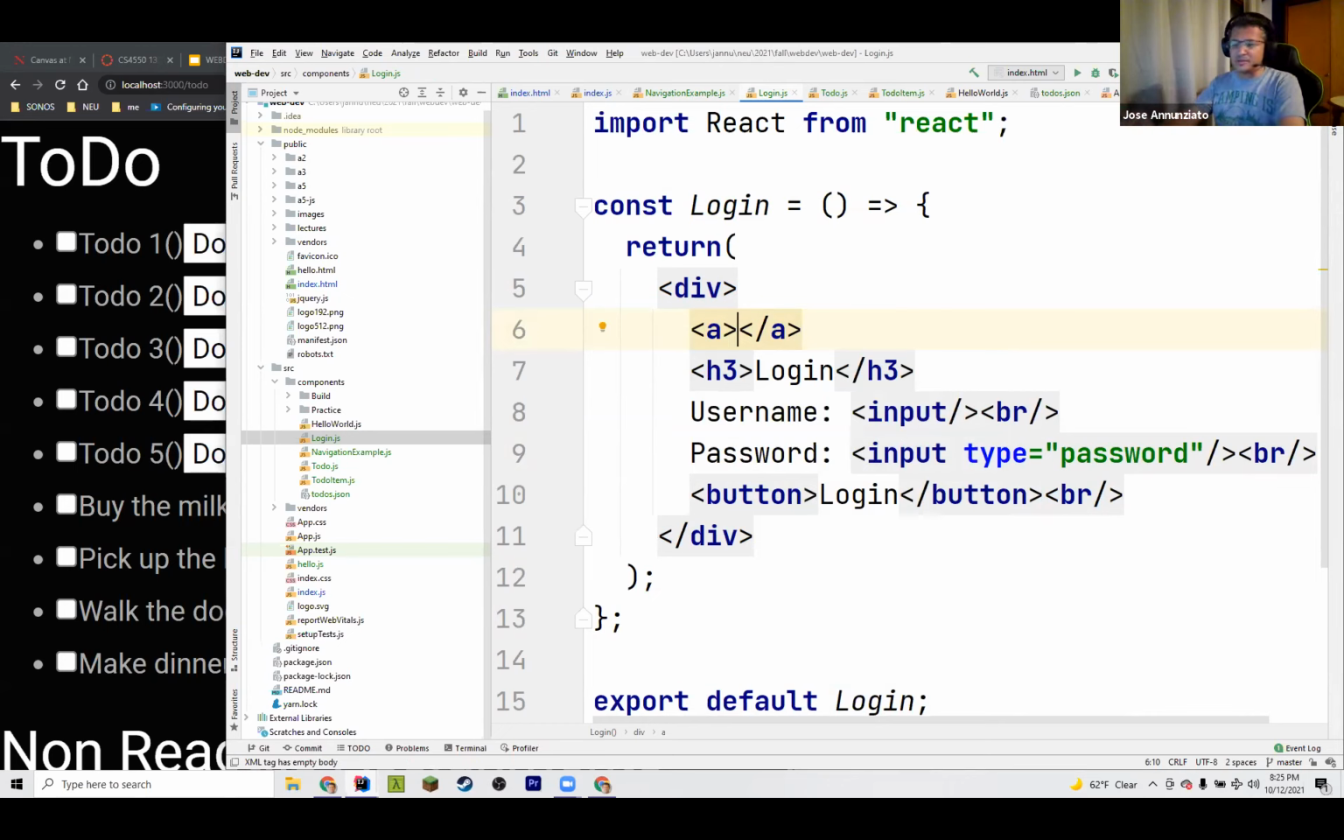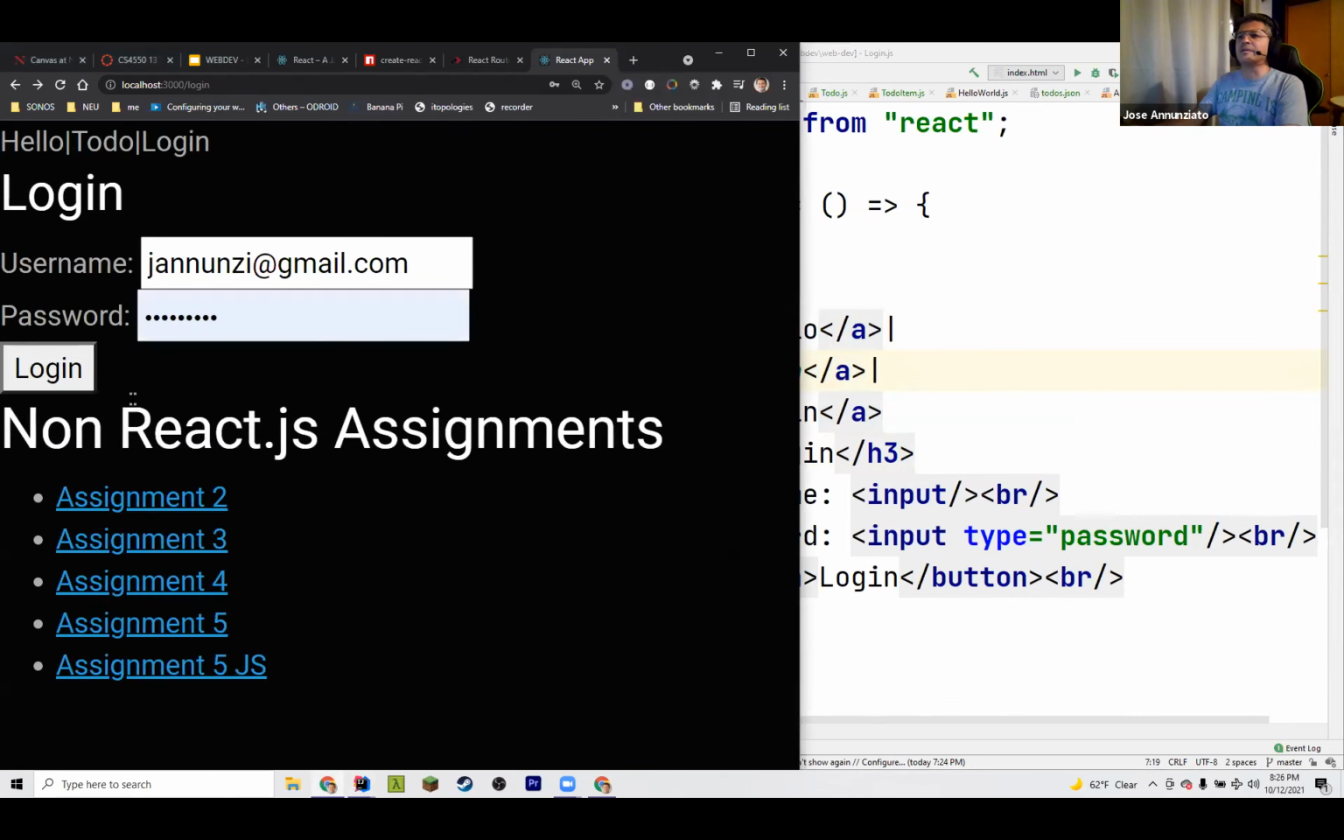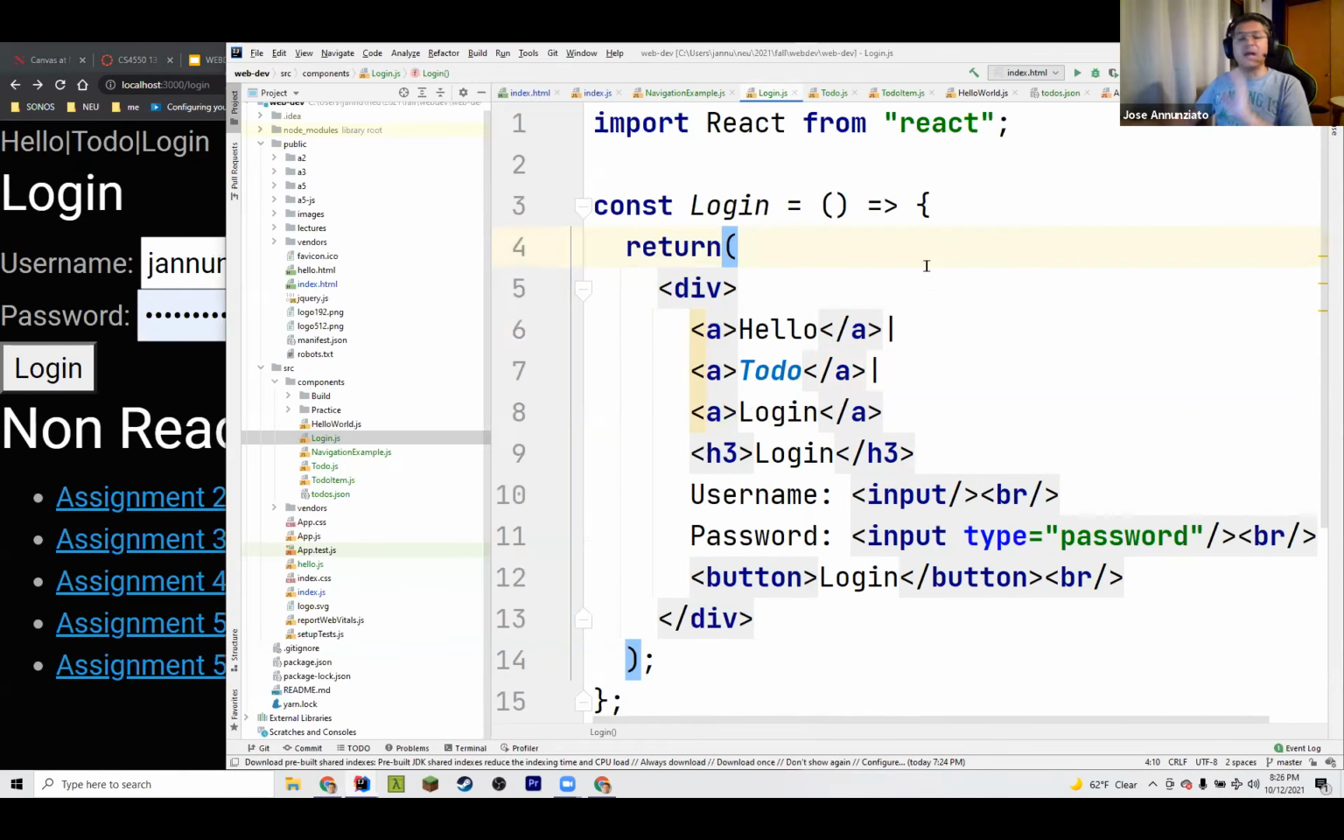So normally you would say, okay, I want to go to hello, or I want to go to the to-do, or I want to go to the login, and maybe put something in between. So there it is. At the top you have these hyperlinks that are not doing anything right now, but we're not going to use the hyperlink because we want to integrate with this new mechanism, where I want to change the URL,